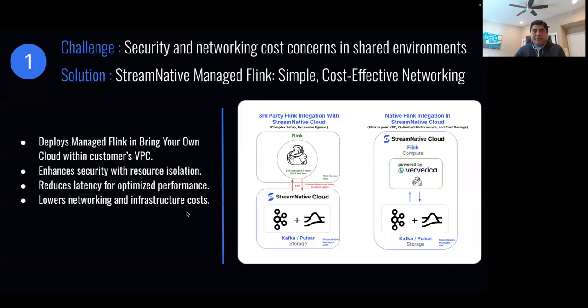Absolutely. So with that, let's start with the first challenge which we commonly hear from our customers and most of the enterprises we talk to. While there are many, we're focusing primarily on three today. The first one, if I were to simplify it, is really two things. One is setting up Flink, which is now an established standard when it comes to stream processing, right? It's an industry standard. People want to use it.